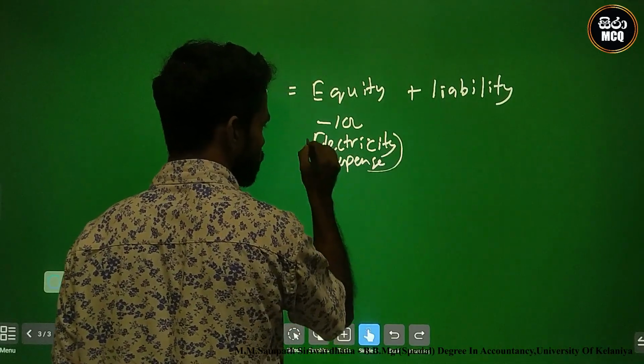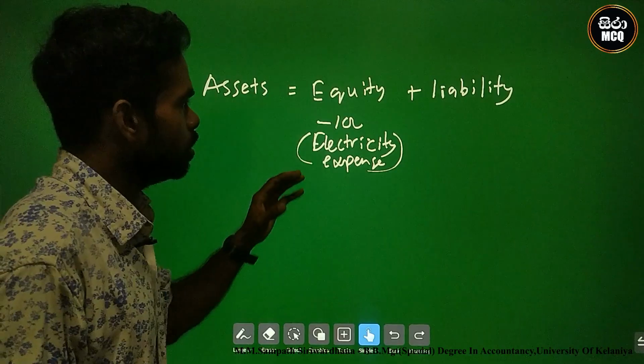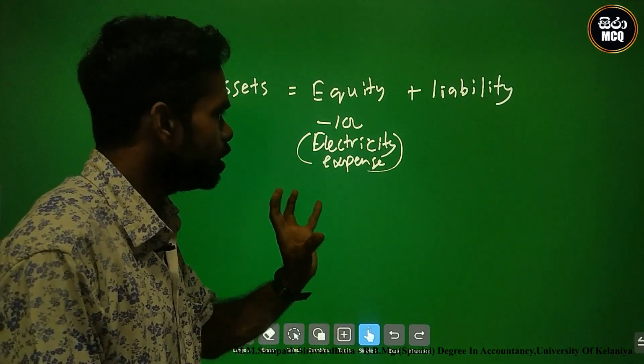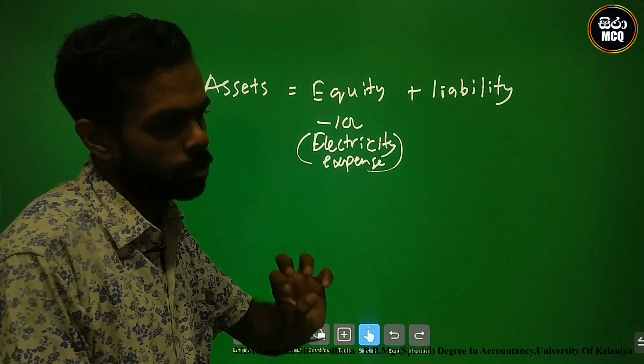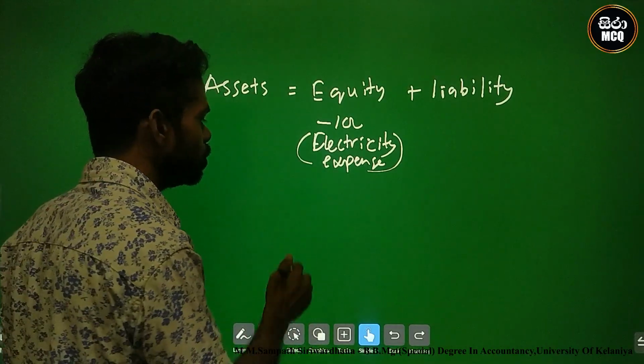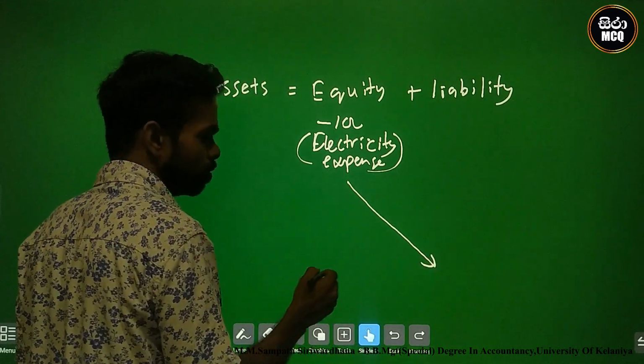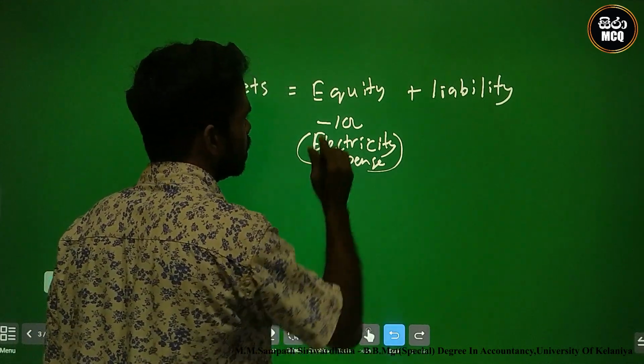There is an expense, no? This is an expense. There is a decrease of equity other than distributions to equity holders. Distributing means, this is not related. What are these? Other than